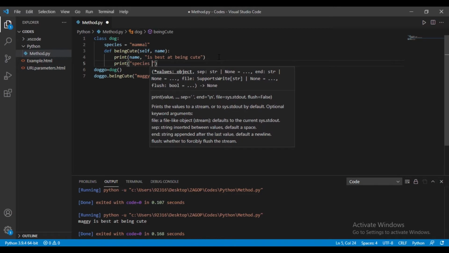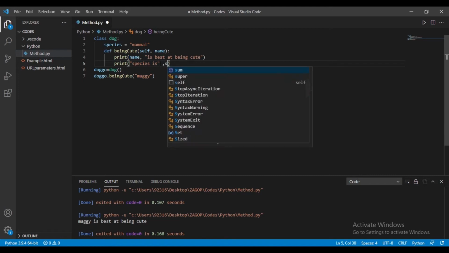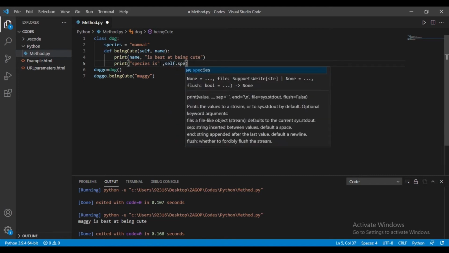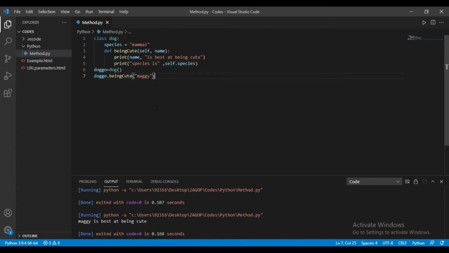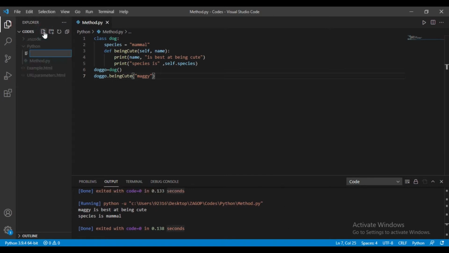This can be done by adding a very simple line to the previous code, that is a print statement, and in the print statement we will define the argument named self to give the reference of the object being created, and simply use the method to display the variable species. In this way, you can access any attribute through the object if they are public and accessible.